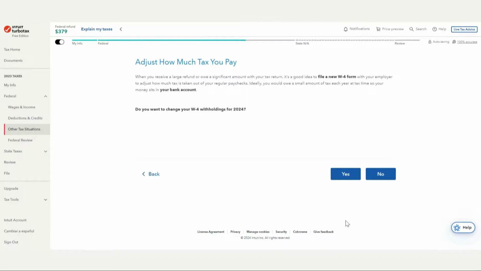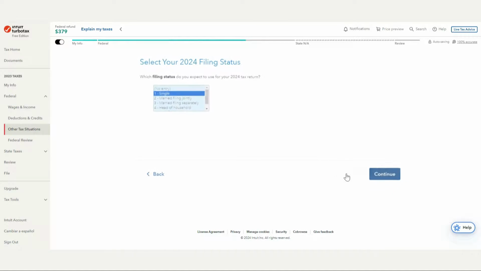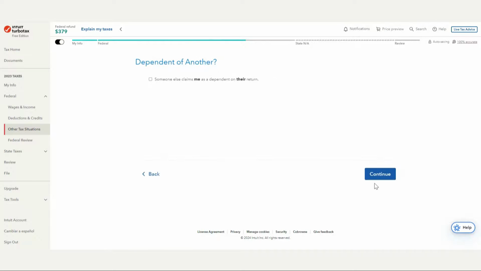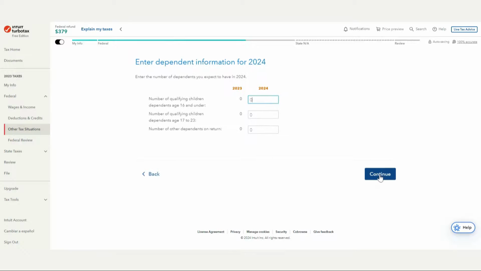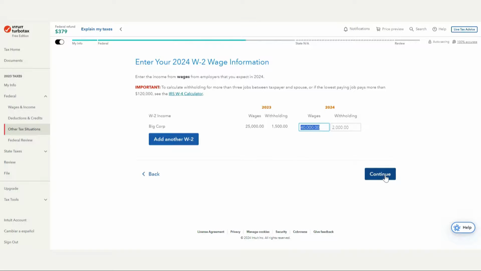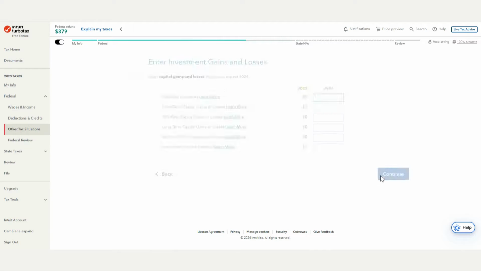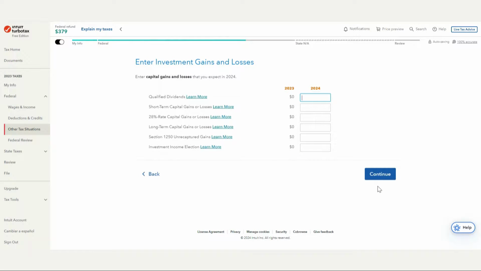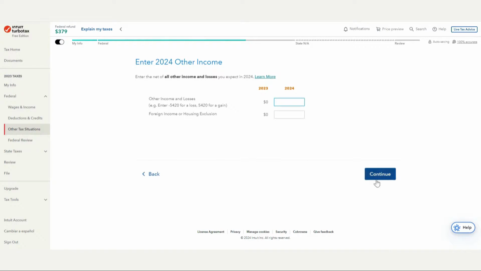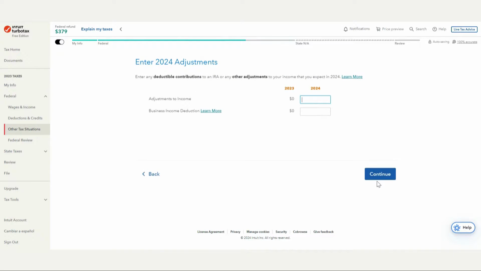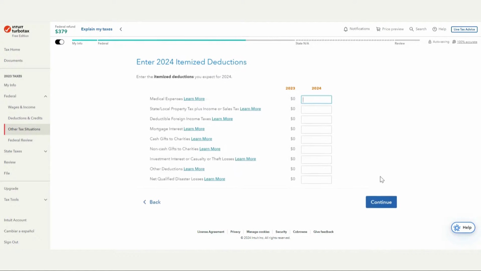When prompted, confirm that you wish to adjust your tax withholding for the current year. Withholding estimates are based on your filing status and any adjustments you choose to make. This section of TurboTax is comprehensive and detailed, so take your time considering the various items that may impact your taxes for 2024. It's acceptable to leave blanks for items you're uncertain about or for any that don't apply, but try to provide as accurate estimates as possible.